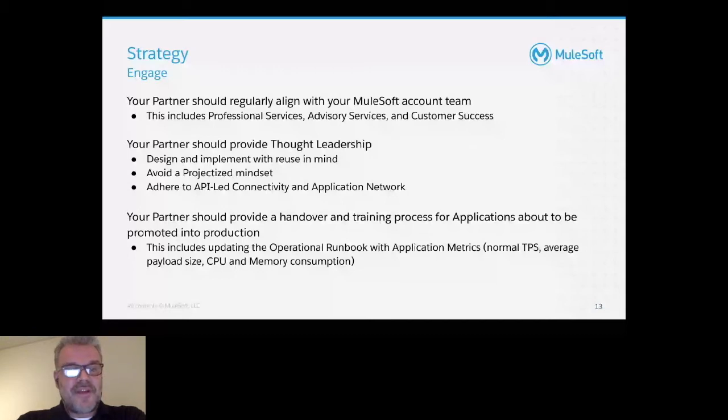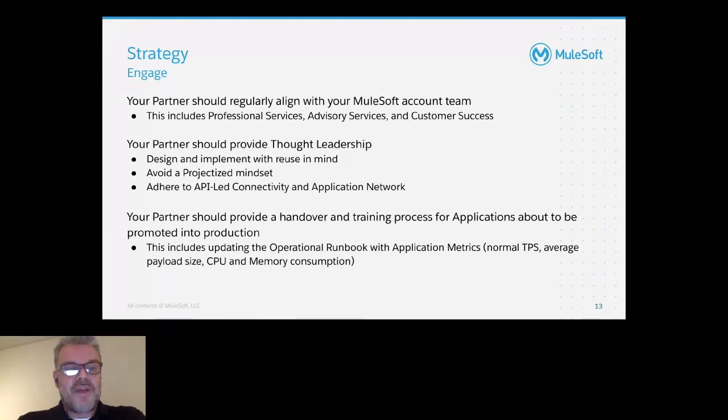Second, and this was something I said earlier, your partner should provide thought leadership, but don't expect them to provide thought leadership unless you ask. So you want your partner to design applications and implement those applications with reuse in mind. You want them to avoid a projectized mindset and think about a product mindset. And you want the partner to adhere to API-led connectivity, the three-layer model with system, process, and experience APIs, and build an application network. So a composable infrastructure with